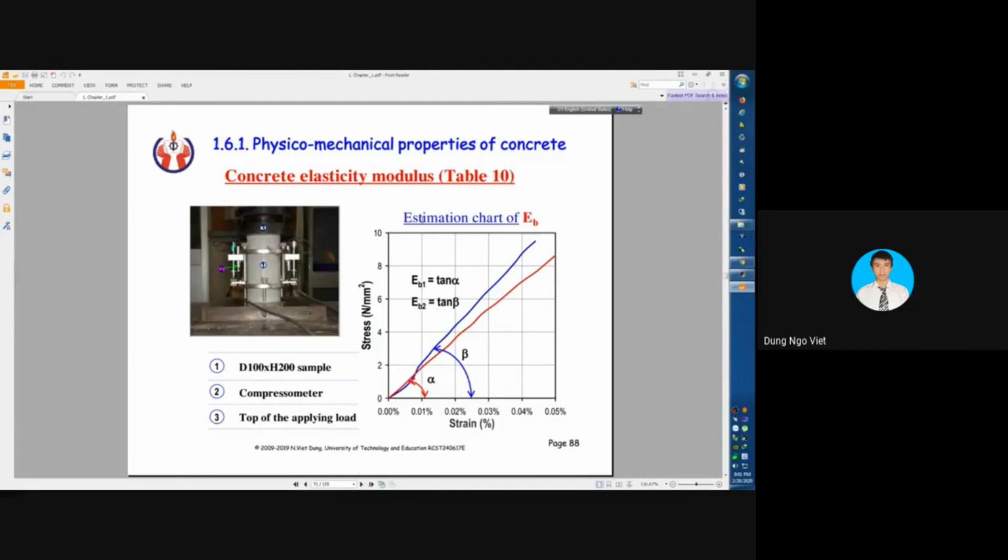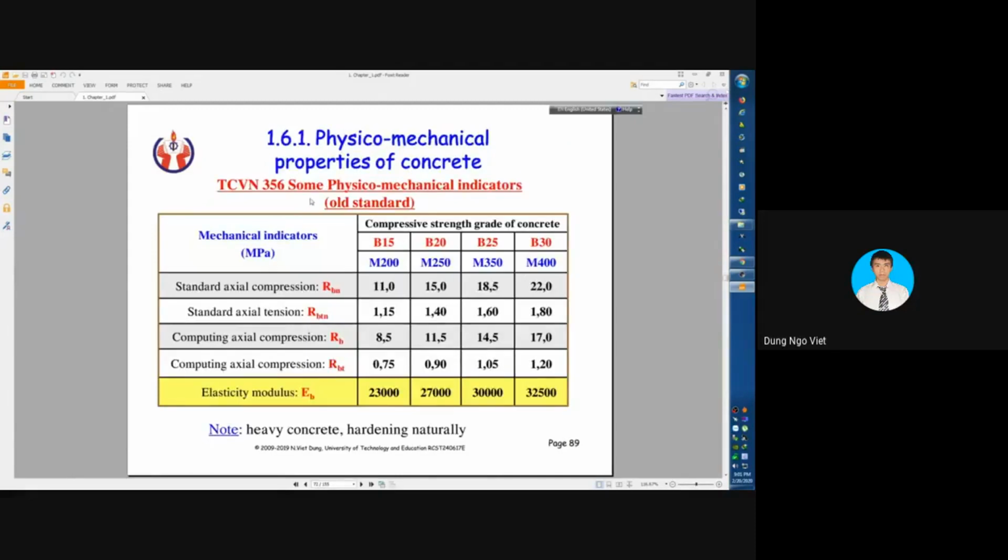This is the estimation chart of EB, tan alpha and tan beta. And here are the old standards, TCVN 356. In this old standard, we can see the mechanical indicators like standard axial compression, standard axial tension, computing axial compression, and computing axial tension,